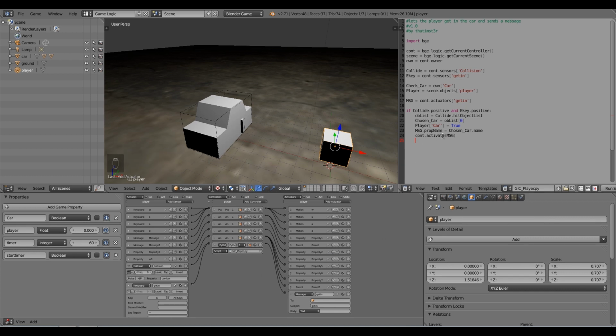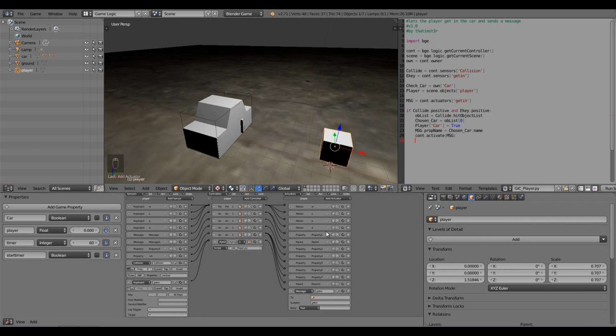And then also, again, if we go back to our logic bricks over here, what we need it to do is to parent the player to the car that he gets in, to ensure that our player moves with the car and we don't have our player just stay still and then the car drives off. What we're going to do is access the function purely from Python. So again, being able to use this scene function here and the scene objects using the player,